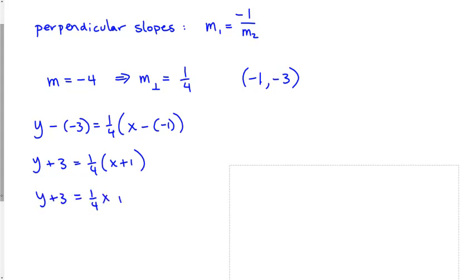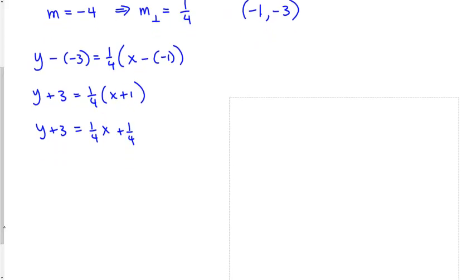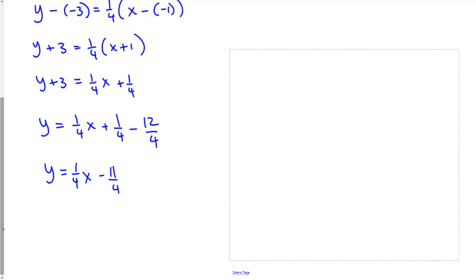And then to subtract 3 from both sides, I'm going to have to combine some fractions. So an equivalent statement to subtracting 3 is subtracting 12/4, just getting that common denominator. So that gives me the line equation 1/4 x minus 11/4, which might look a little bit strange, but if I graph all of these on the same set of axes,